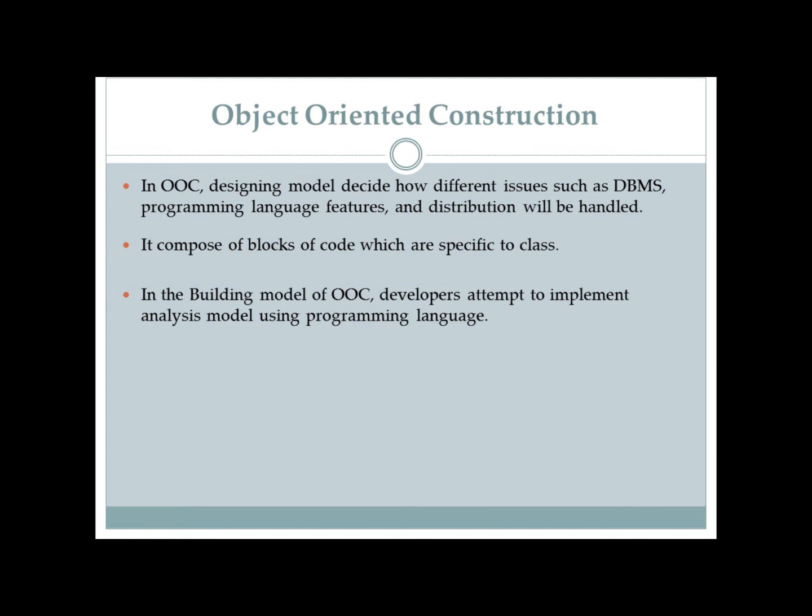Here in object oriented software engineering, if we are considering object orientation, it means we have to use an object oriented paradigm based programming language to implement the model. This building model of the object oriented construction phase is used to obtain a clear traceability to the analysis model. This is where we confirm what we have analyzed by implementing the prototype using a programming language.